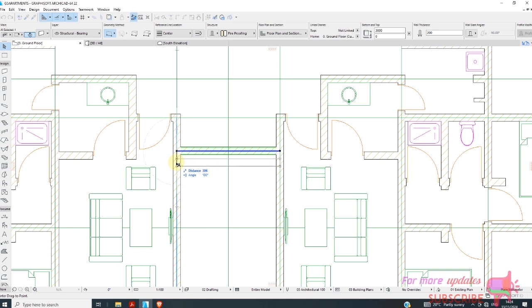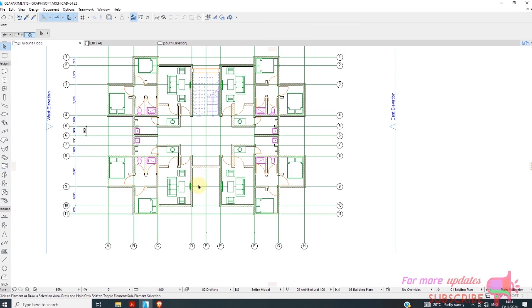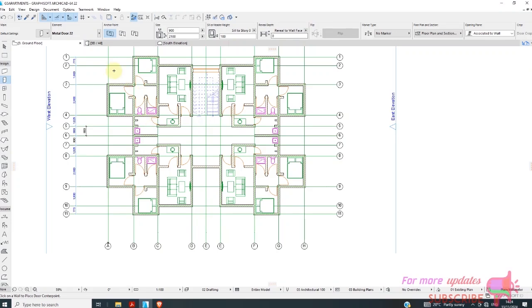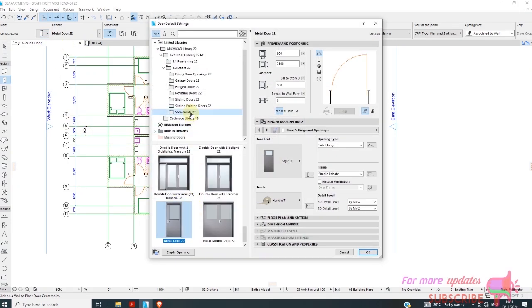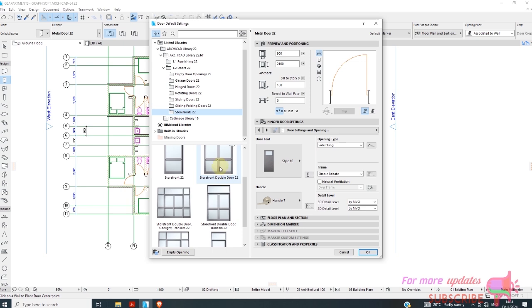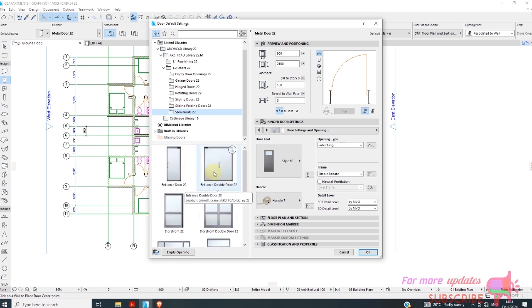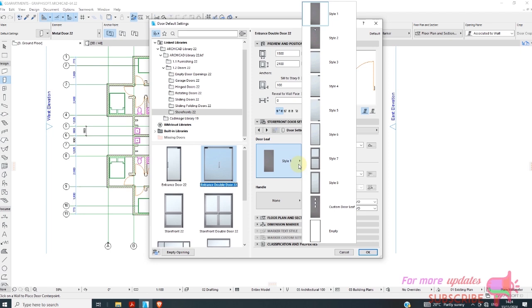Let's say 120 or 150. And I will add my door. This time go select storefront, entrance double door. Change this one to